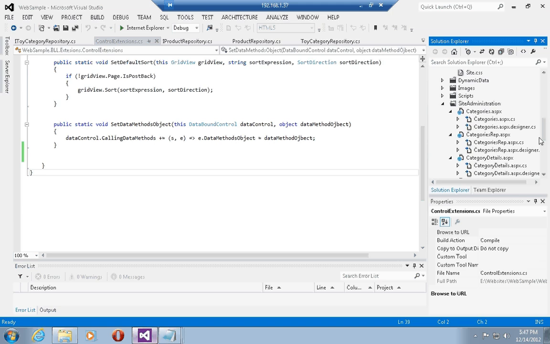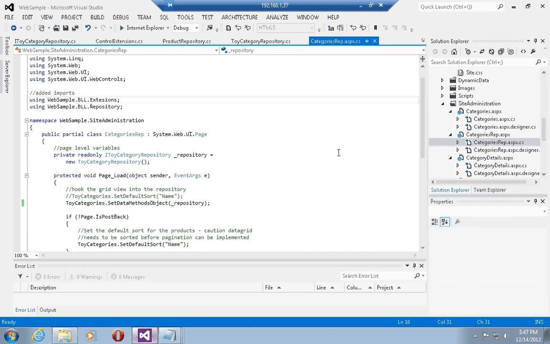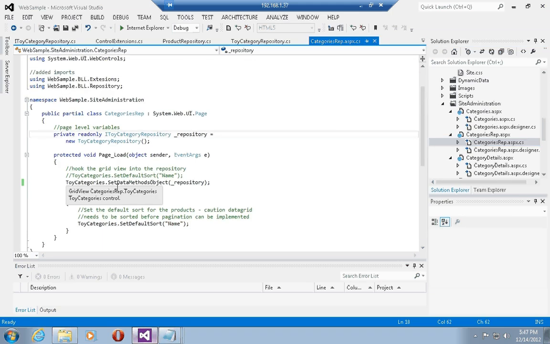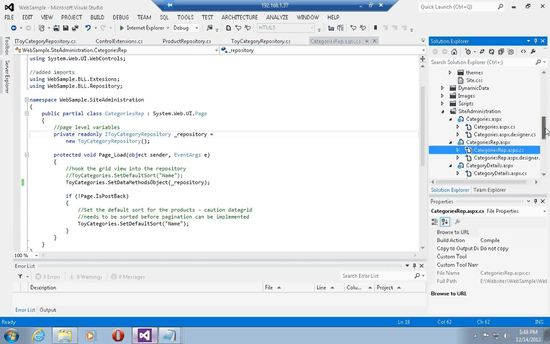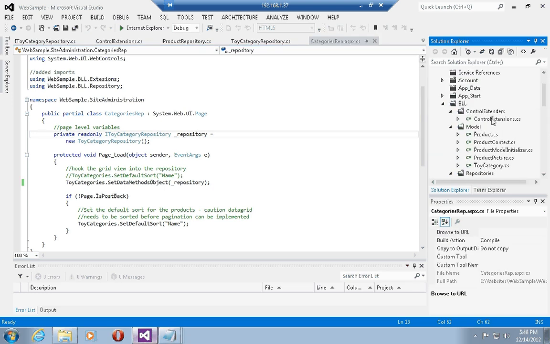If we look into the category repositories, this allows us to tell the control, in this case the GridView called toy categories, to use the toy category repository as the repository to get data from. So the control is now actually going to be calling the methods exposed by this repository object instead of the methods which are in the code behind. The next thing to do is to augment the control extensions